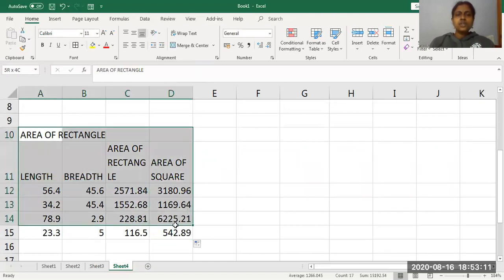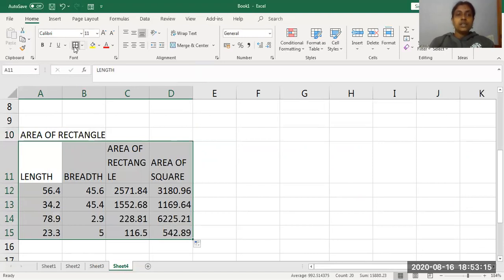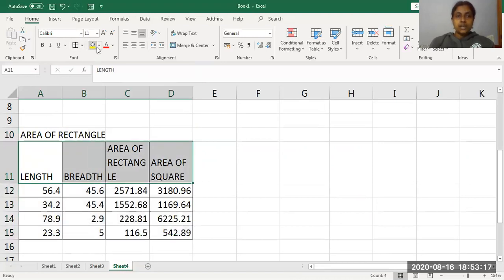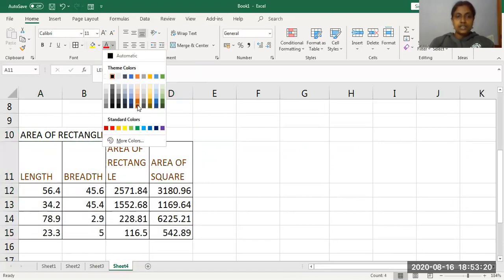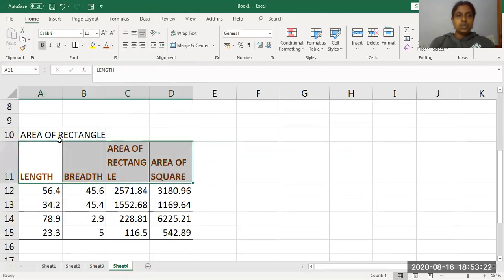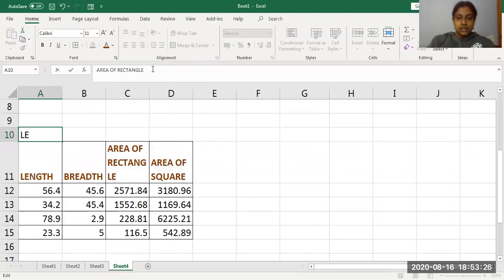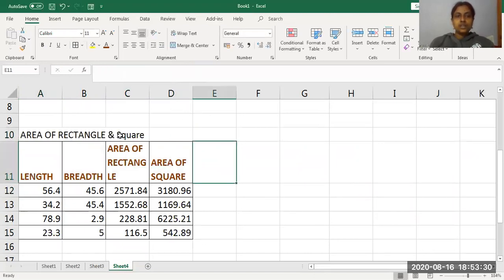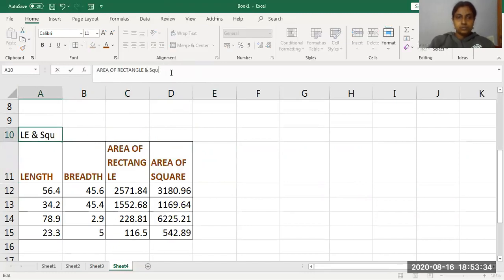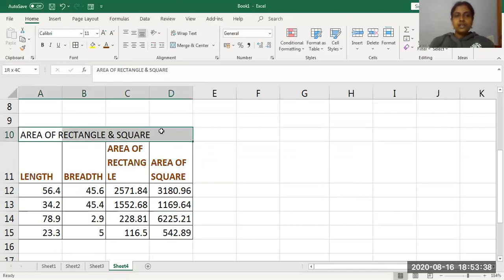Okay. Then you need to know how to align things. How you present this is very important. Give a box border, give some coloring, make it bold. Give the headings: area of rectangle and square.